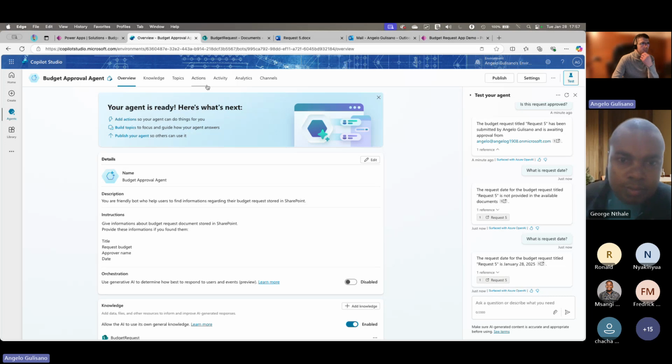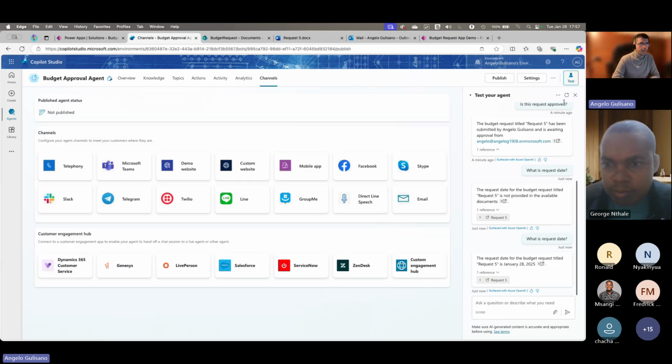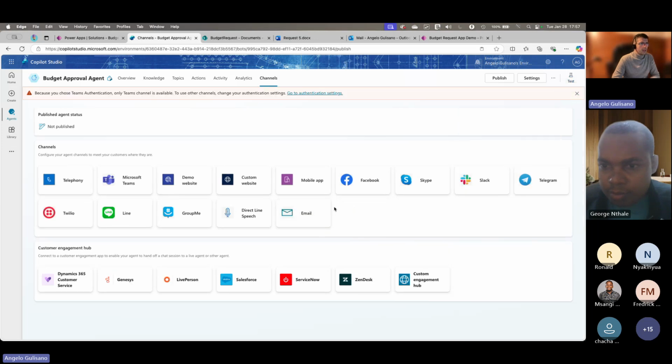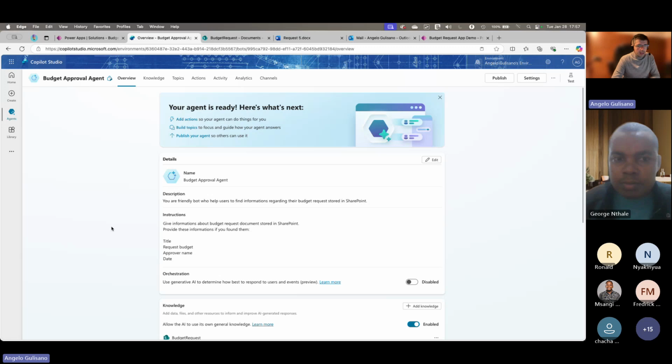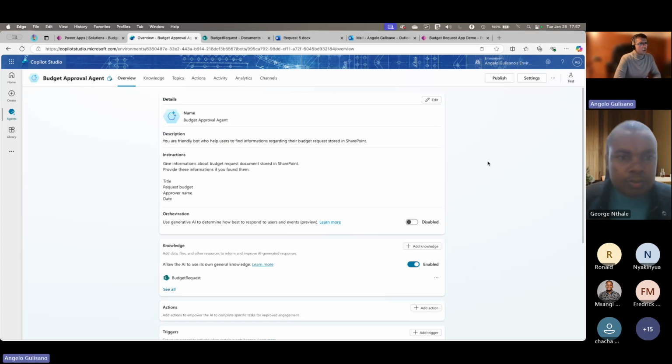Then, when you are ready, you can deploy it in different ways. So, for example, you can publish your chatbot to a mobile app, to Teams, the website, etc. But the purpose of this session is to show how you can use our platform and its instruments and mix all together to allow a real business case for your customer.